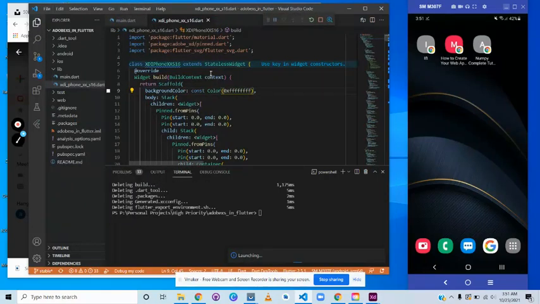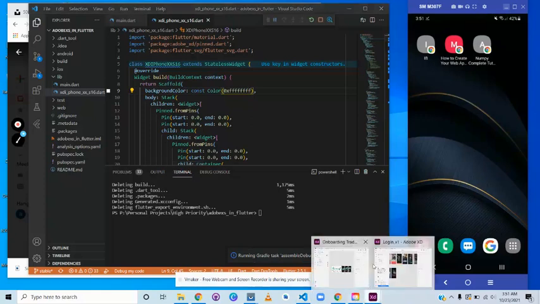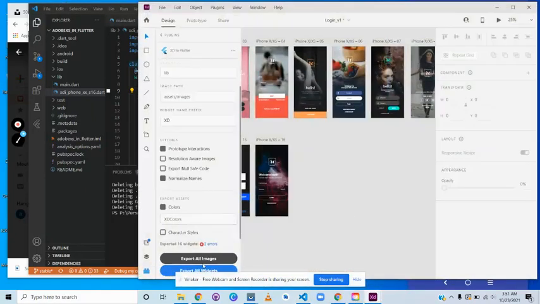It will take a few minutes to install the app onto the real device, and let's see how easily, with the use of the Adobe XD plugin, we can simply convert the UI into Flutter code. As you see, I haven't written any single line of code. We can simply export all our widgets, all our images, and other components as well.